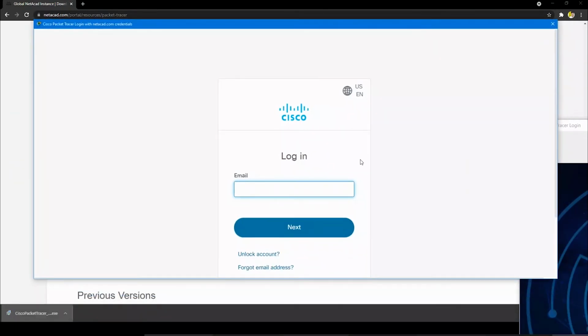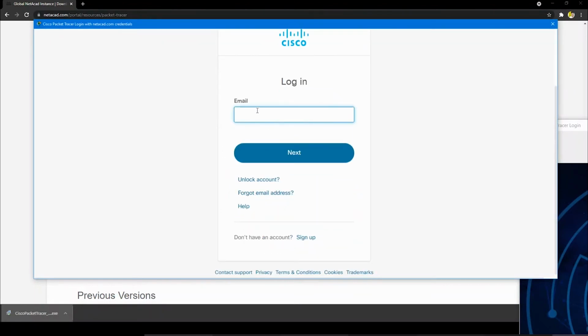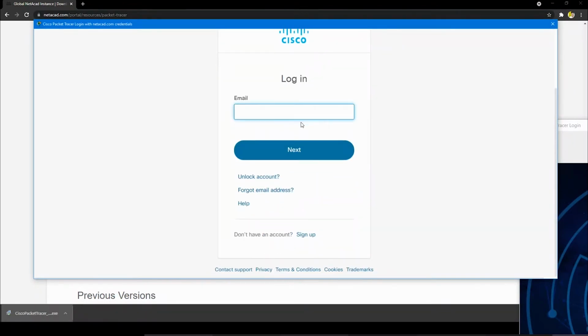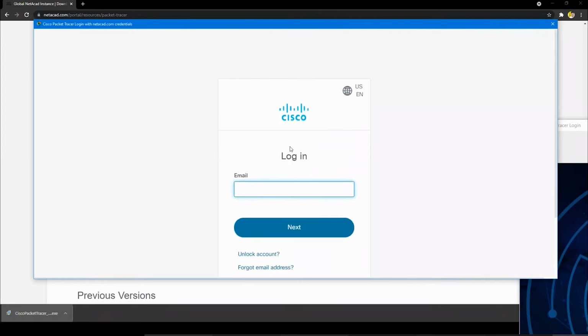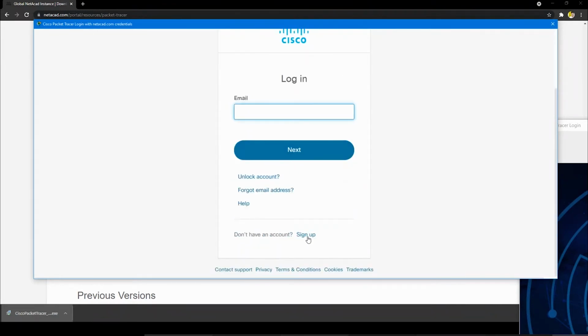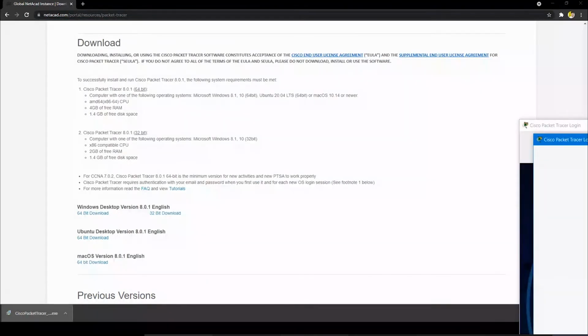The login window looks like this. If you have created your account, you can simply put in your email and go ahead with signing into Packet Tracer. Otherwise, you can create your account using the sign up option. I'll just quickly log in so that we can move further.